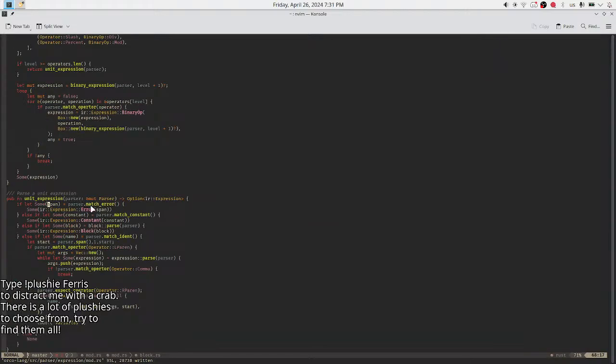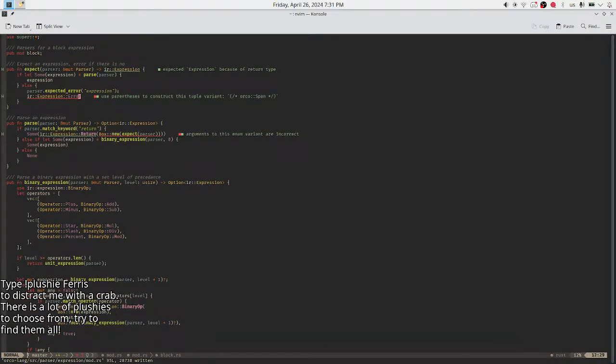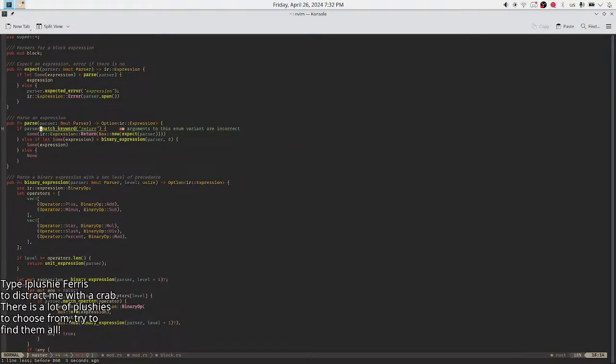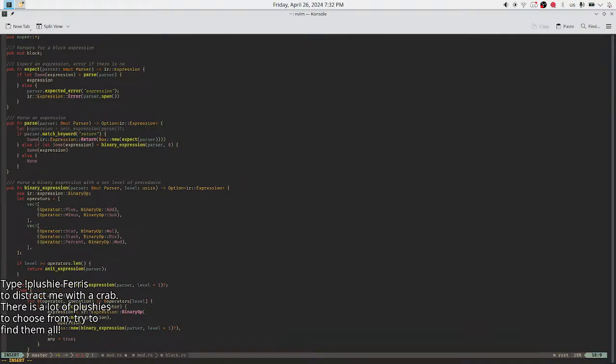Next. What else here actually? Yeah. Okay. What do I do here? Like expected expression and then an error. Where is it? A span, I guess here. Next up, return. To span return, I'm gonna need to let start here. And that's the whole reason I did this, so I can span from the start of the return token.